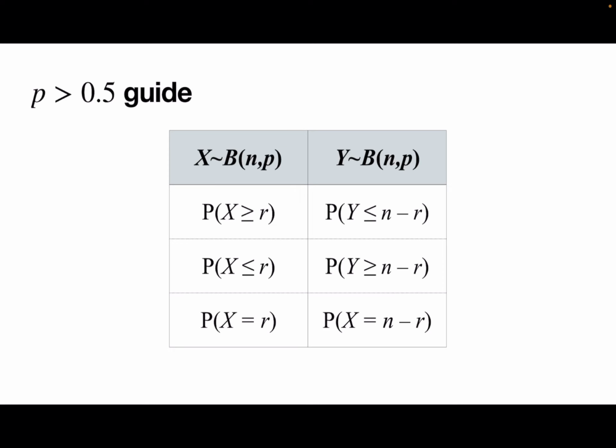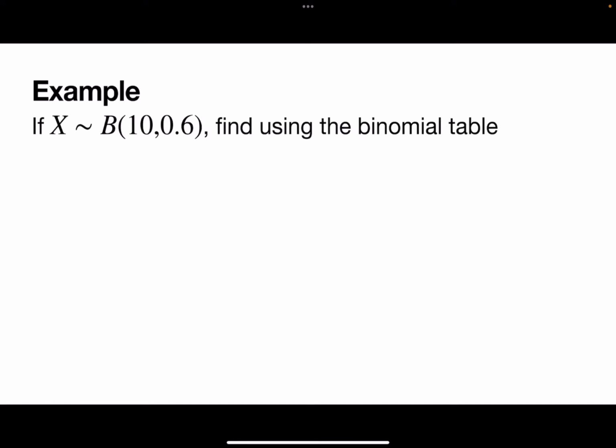There are 3 things now, okay? Ada 3 benda dah kita boleh buat dengan binomial sekarang. First, the formula. Second is using table. The third one, this one. If you don't want to use this, it's okay. Ada 2 lagi benda. If x is binomially distributed with n is 10 and p is 0.6, find using the